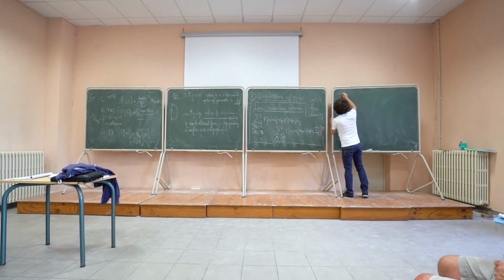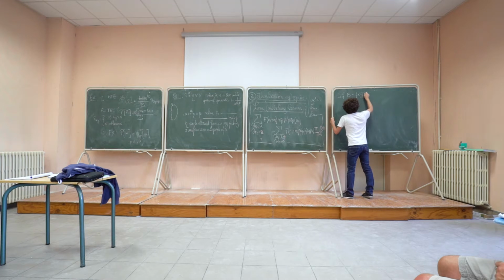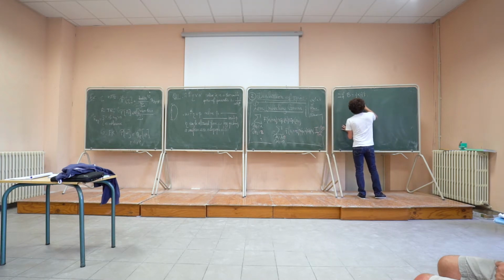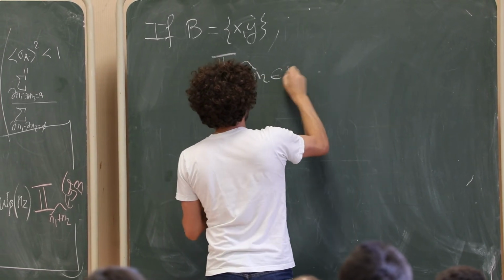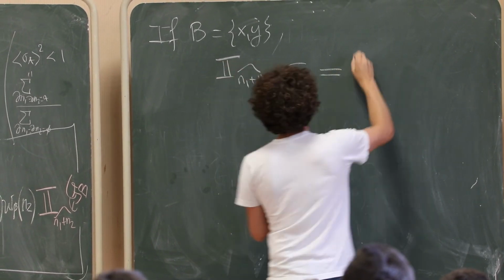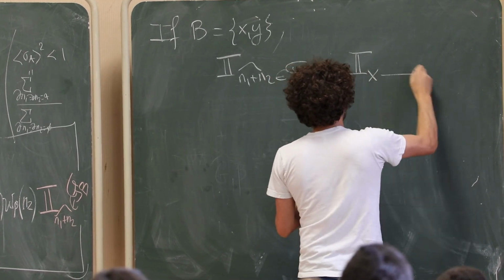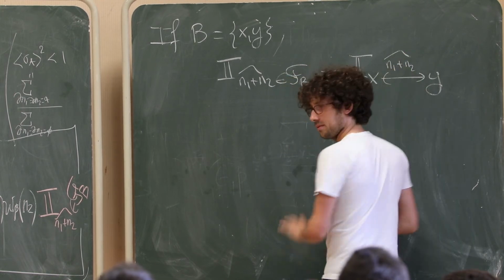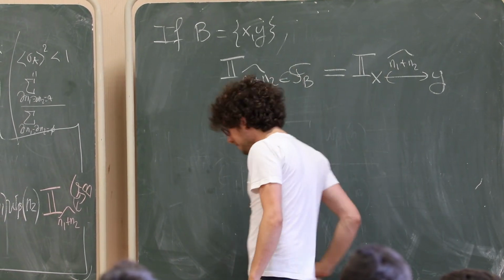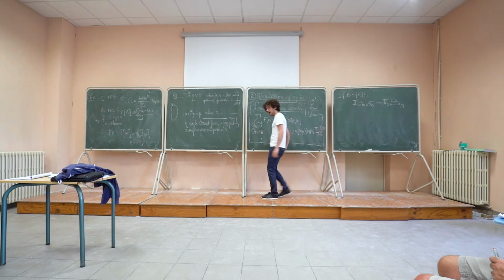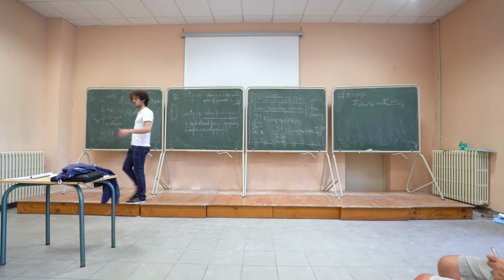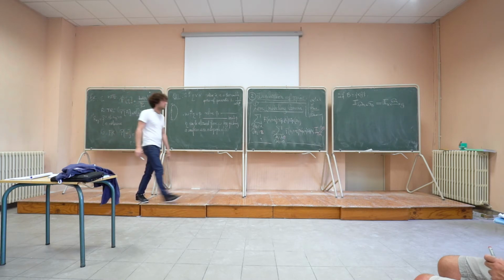Notice if B is just xy, here it just means that the indicator of N1 plus N2 hat belongs to FB, just means the indicator that X is connected to Y in N1 plus N2 hat. Okay? So it means there must be a path from X to Y in the sum of the two currents. A path of positive edges. Okay?